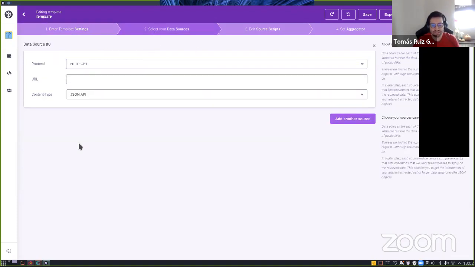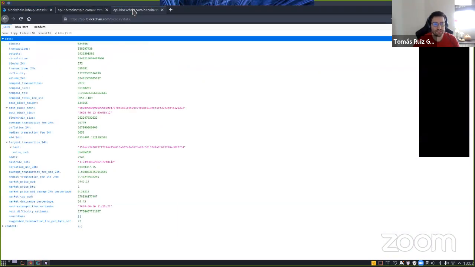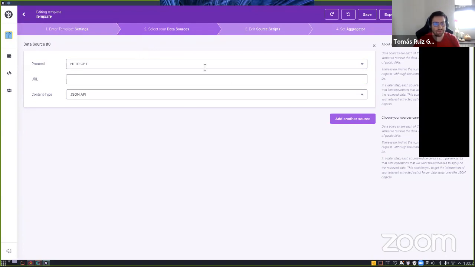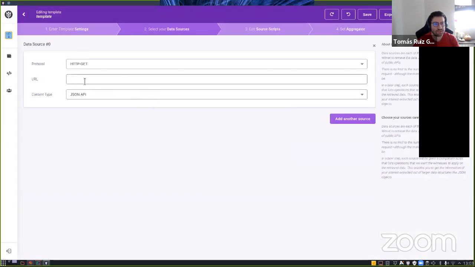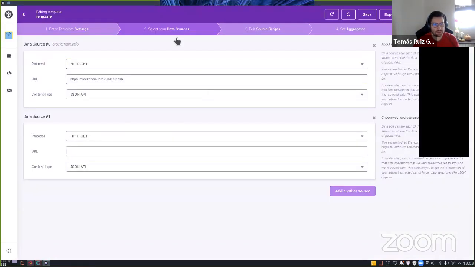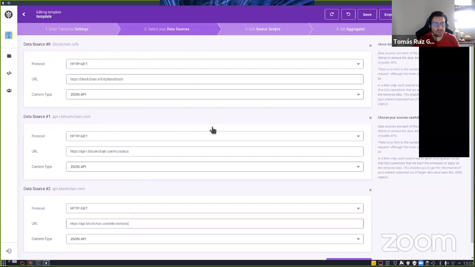And the next step is choose our sources. Previously, I have chosen 3 sources to do this data request. Remember that one of the most important steps of creating a data request is choose your sources wisely. And for this example, we are going to retrieve the blockchain info, Bitcoin chain, and blockchain. So the first thing is copy the URL for each blockchain here. The three APIs return a JSON API; the protocol is HTTP GET. So we are going to leave the default values, and now we have our three sources, and the next step is edit